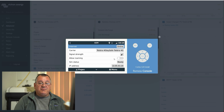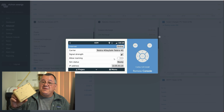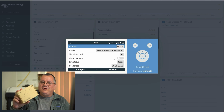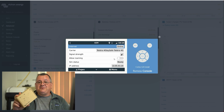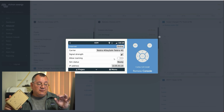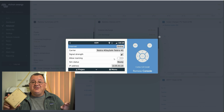because the difference is with this one here, if you get the Globallink, it actually includes the data with it for 5 years, but I've found out since, it's very limited, the network that it can use. For one, it'll only connect to 4G. So you have to be in a 4G area. A lot of towers in Australia, in rural areas, are still 3G. So with this,